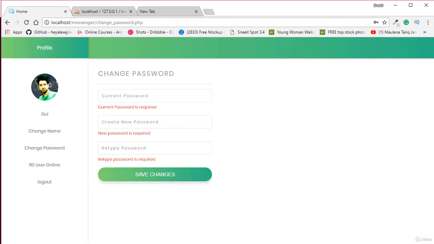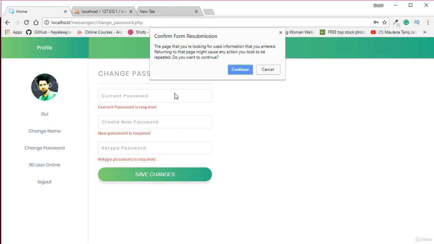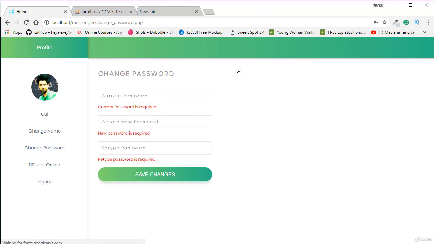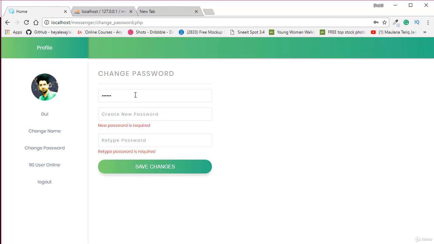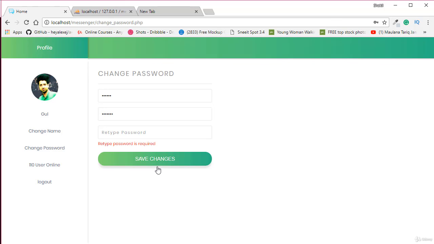Now go to the browser. Refresh the page. What happened? Perfect, it's working. For example, here add 1 2 3 4 5 6. You can see it's working perfectly. Now here add 1 2 3 4 5 6 7. It's also working perfectly.